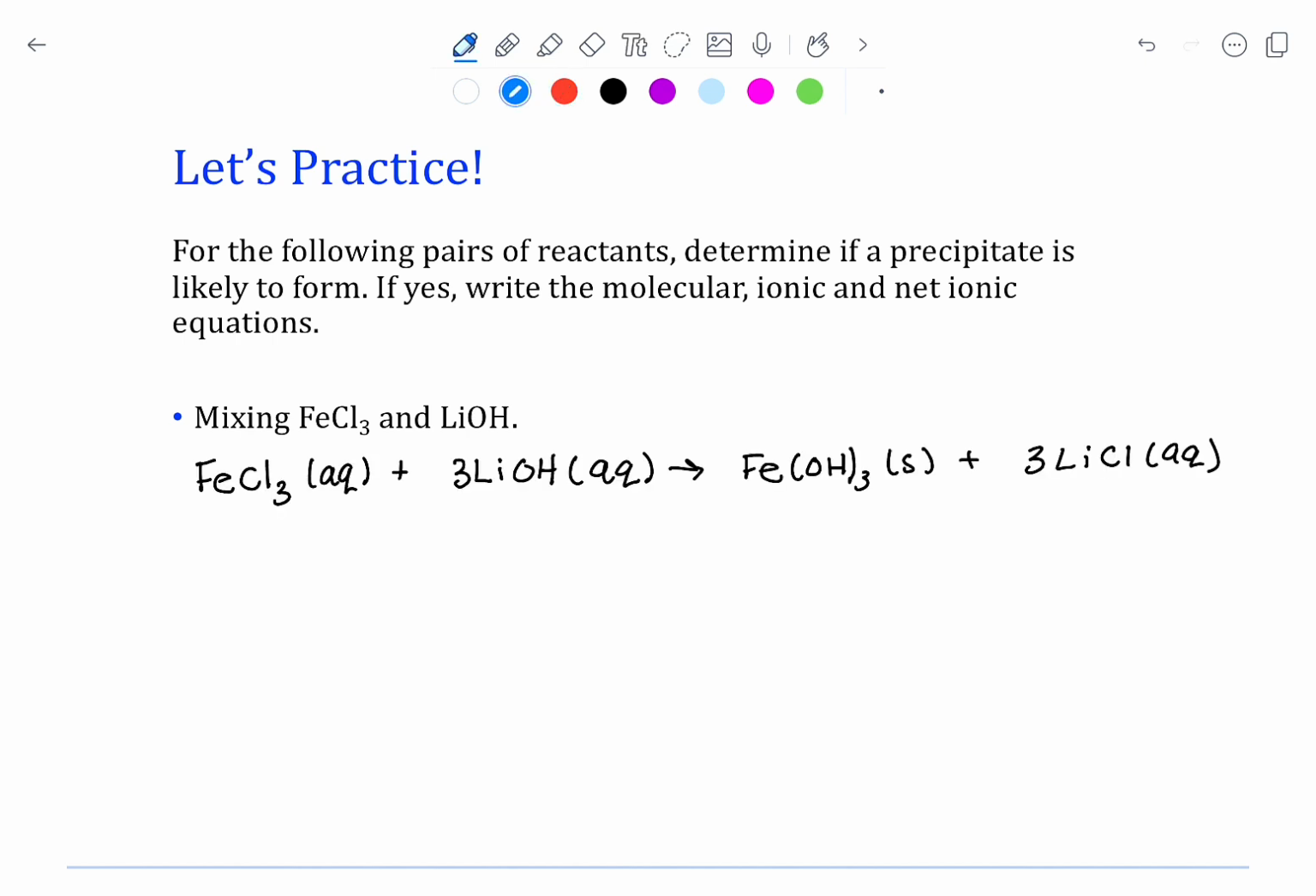Here is our balanced molecular equation, and we do have a precipitate that forms, and that's iron 3 hydroxide. Hydroxides are typically insoluble in water, and iron is not an exception to that rule, so we have iron 3 hydroxide as our precipitate. Our ionic equation, I should say, is going to look like iron 3+